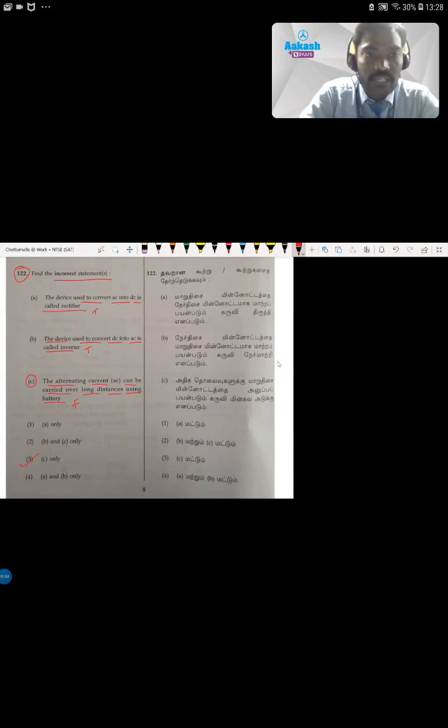There you will find a point like the alternating current can be carried over long distances with minimum power loss. You might have studied this point. So they have just altered the same sentence. They have given it as it can be carried over long distances using a battery. This is a false statement and the correct answer is option 3. Next,